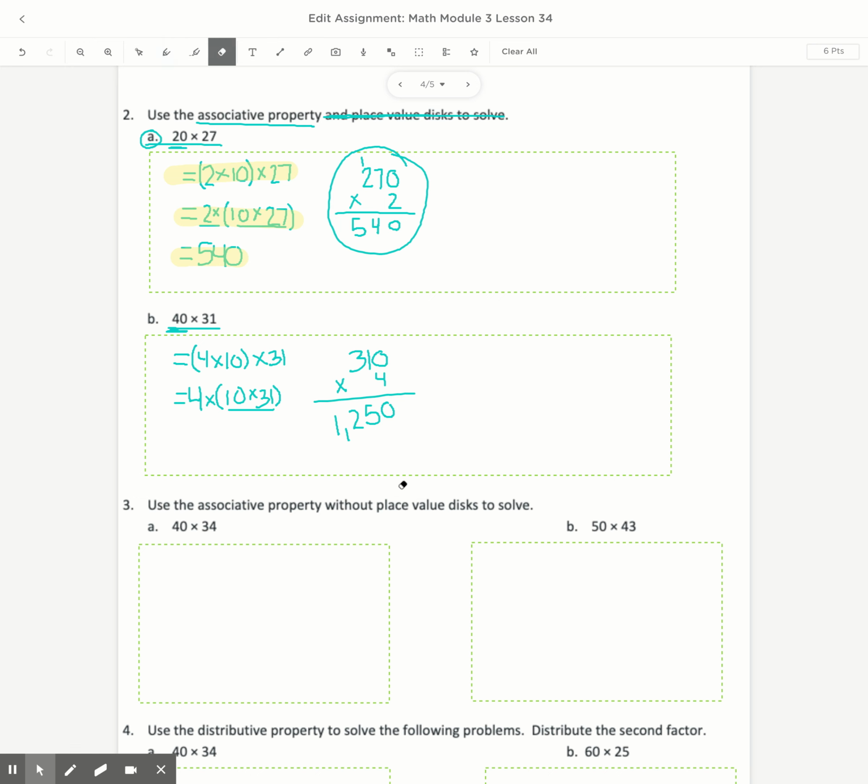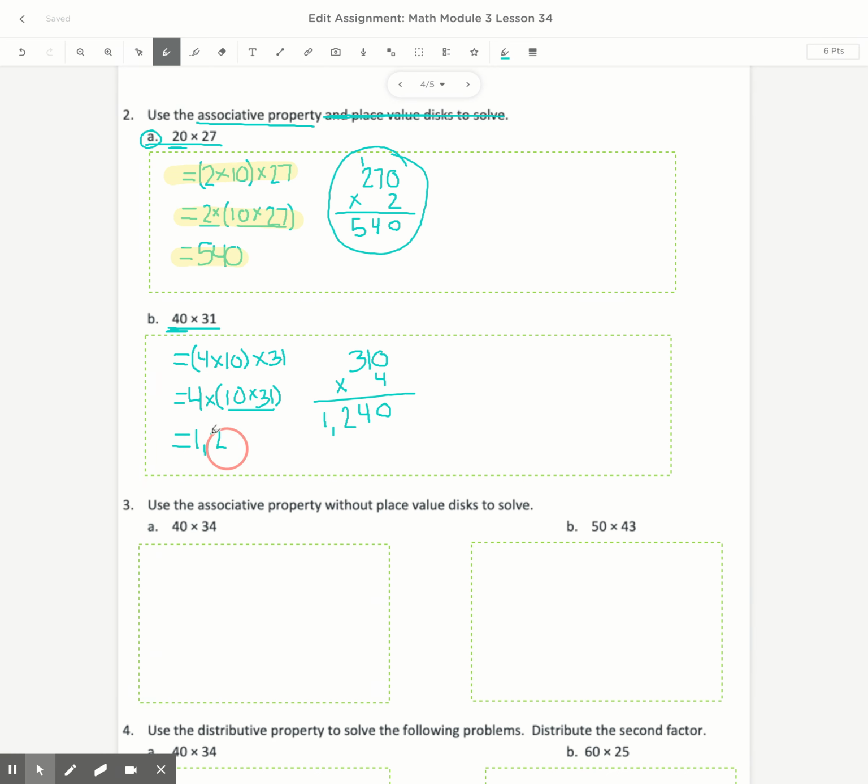I did that wrong. Sorry, guys. Let me redo that. 4 times 0 is 0. 4 times 1 is 4, not 5. And 3 times 4 is 12. That looks much better. So now I end up with an answer of